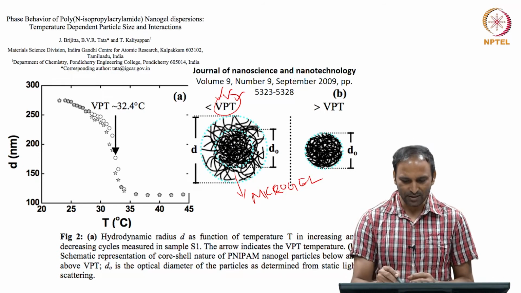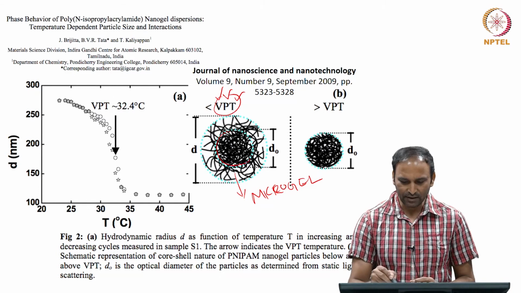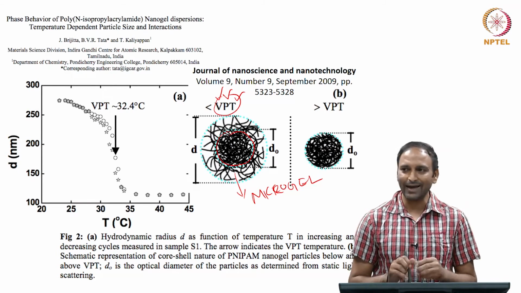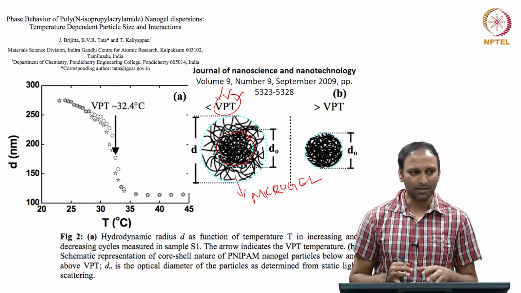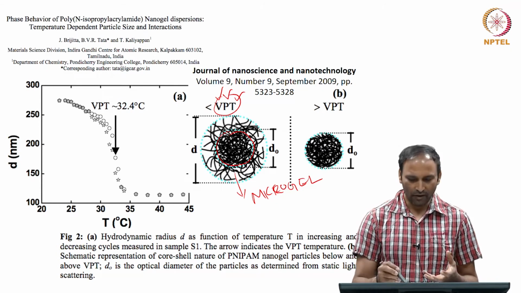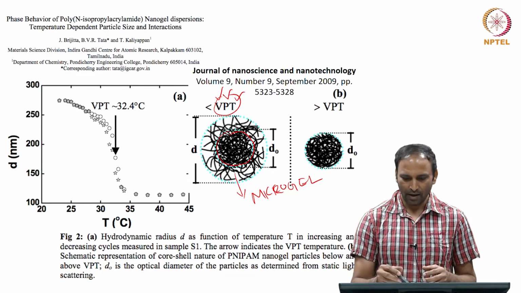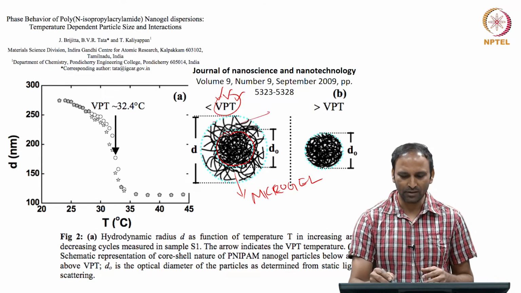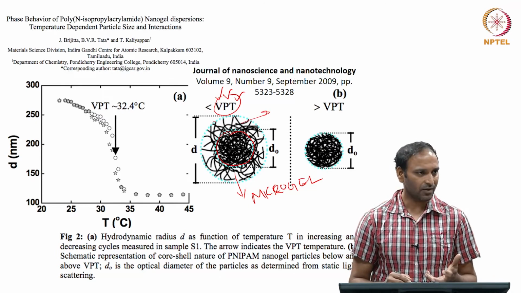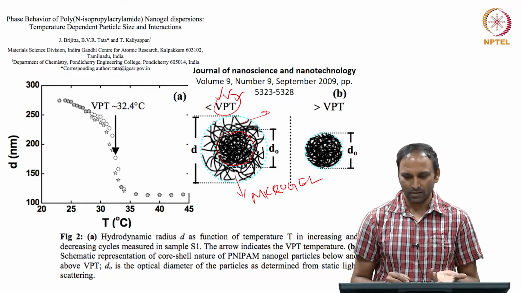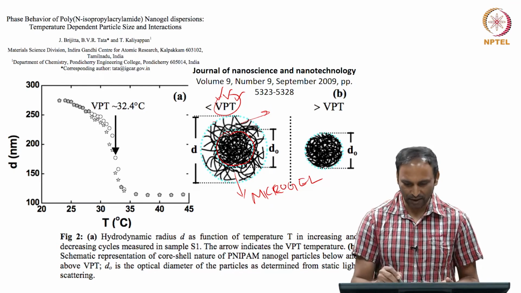You should think about these polymeric particles as having a center with a high cross-linking density, where the polymers are highly cross-linked, and an outer region where the cross-linking density is less. A particular class of such particles is called PNIPAM,